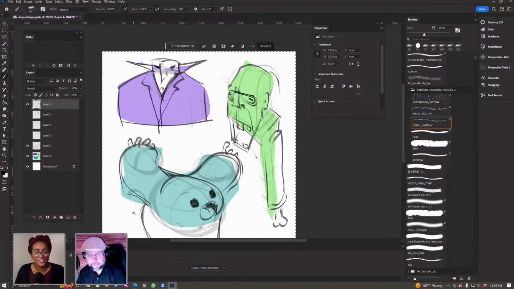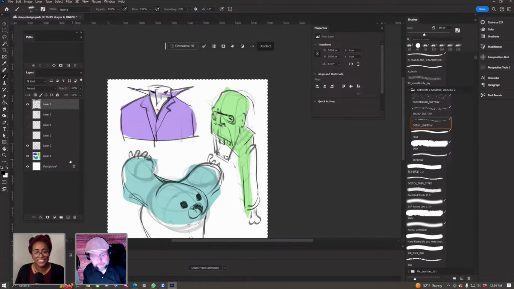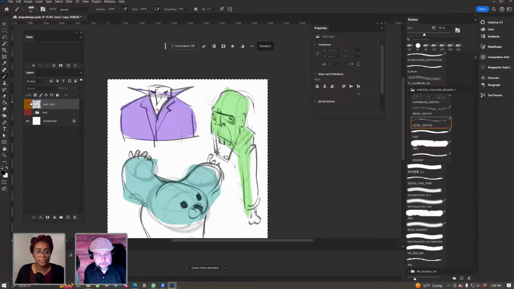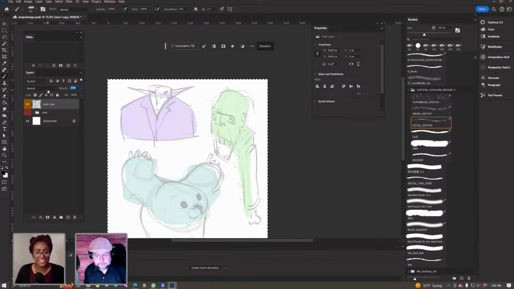I've made these three. So I have this now. And because of my layer management, or just because this gets out of control, I grab all these and I'll put raw one, and I'll duplicate it, because if I need to go back to this original file, I want to be able to get it. Usually for layer management, I'd put red for I'm not using this layer, and this one orange because it's going to be my next draft. And I'm going to merge that group so it's all on one. And then I turn the opacity way down.